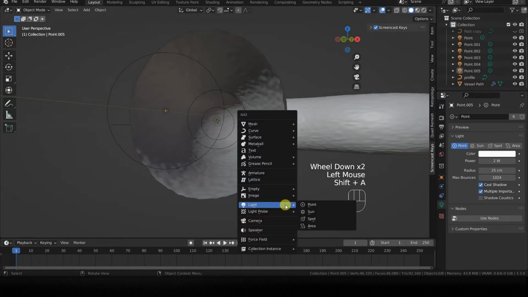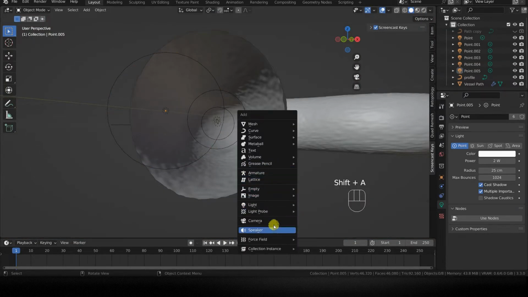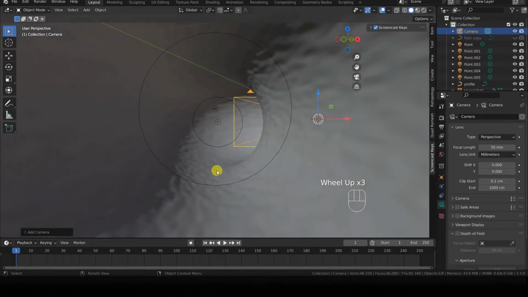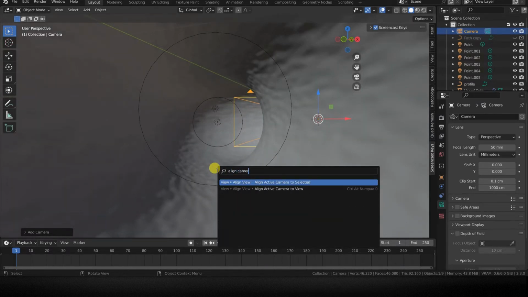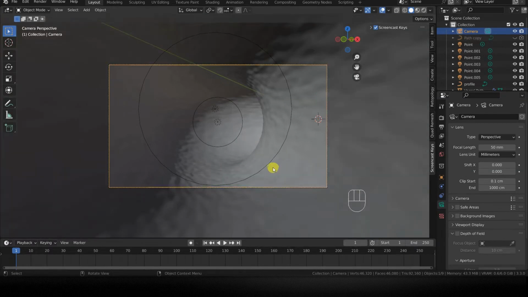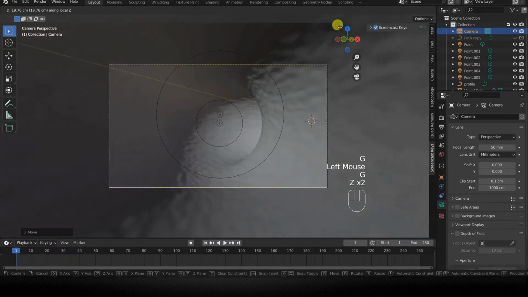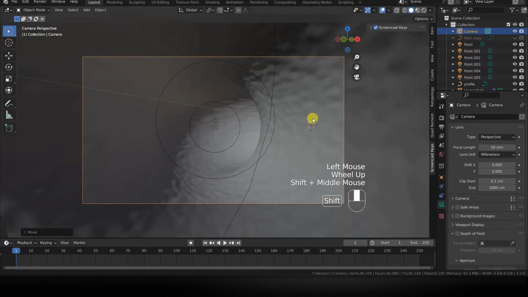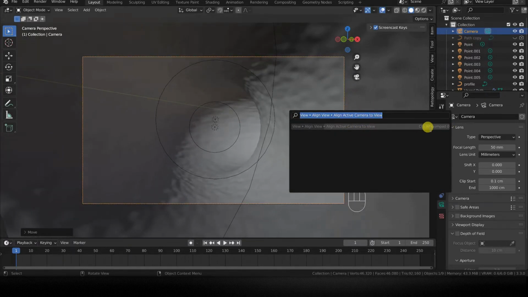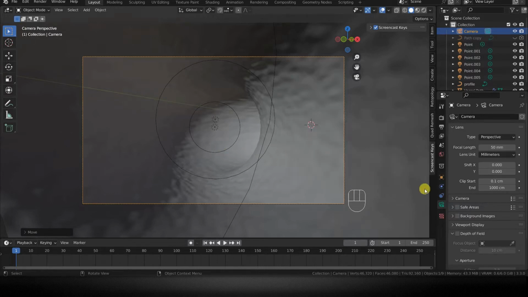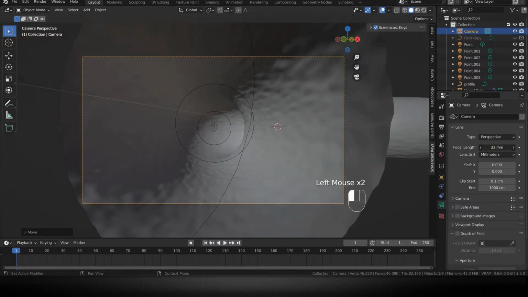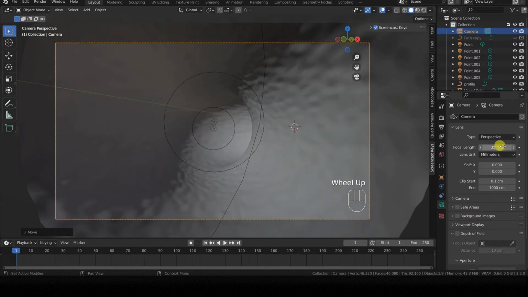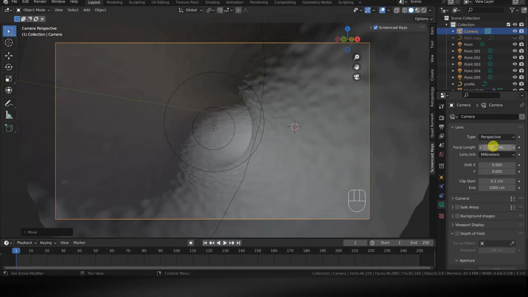At this stage, we can also insert and position the camera that we will later use for rendering. Specifically, in object mode, insert a camera object into the scene with Shift+A in camera, then position ourselves in the 3D viewport to define the initial framing of the sequence, and open Blender's search box, which, in my case, can be accessed with the spacebar, and look for the Align Camera to View option. The shortcut is Ctrl-Alt-Numpad 0. Adjust the camera's position and, if necessary, change its focal length in the Object Data tab, for example by lowering its value to achieve a wider, wide-angle framing.